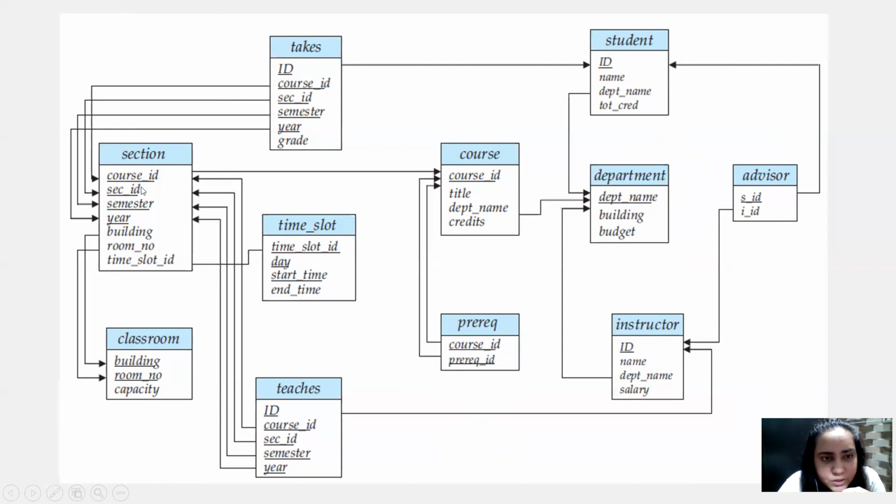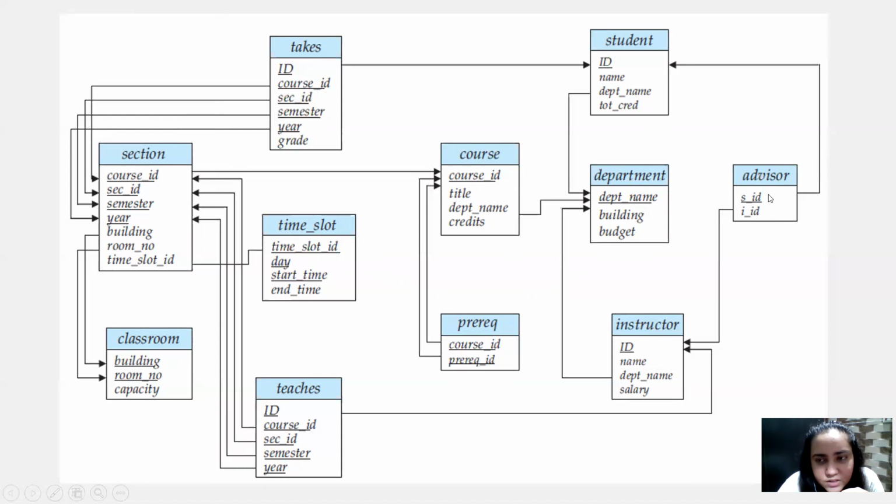And here you have section containing course ID, which is borrowed from course. Now we know that this course ID would be repeating several times because the same course is being taught in several classrooms. So that is why we have created a section ID and we have created semester, year, and all these things are there. And what this basically means is that section does not have a primary key of its own. If you look at all of the relations, they have some primary key or the other unless they are